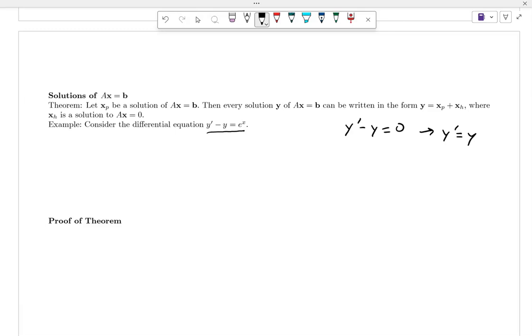Think about a Calc 1 thing. I have a function. What has to be true about the function? Its derivative is the same as the function. What function do you know does that? e to the x. As a matter of fact, any constant times e to the x works, right? So y equals a constant times e to the x is the general solution